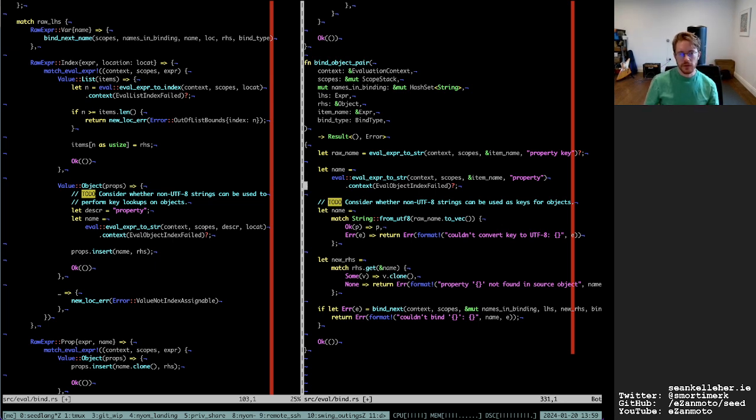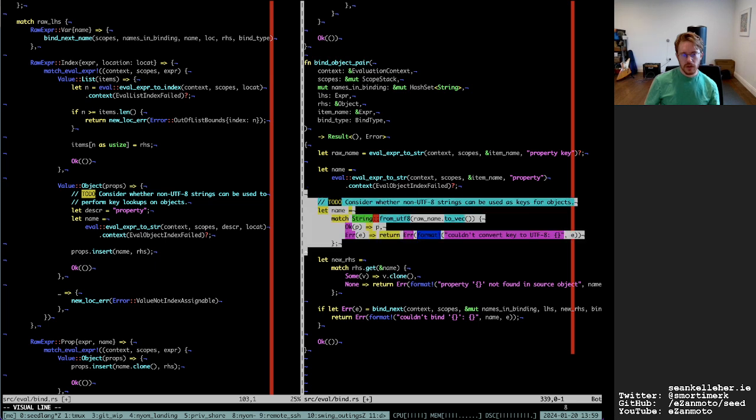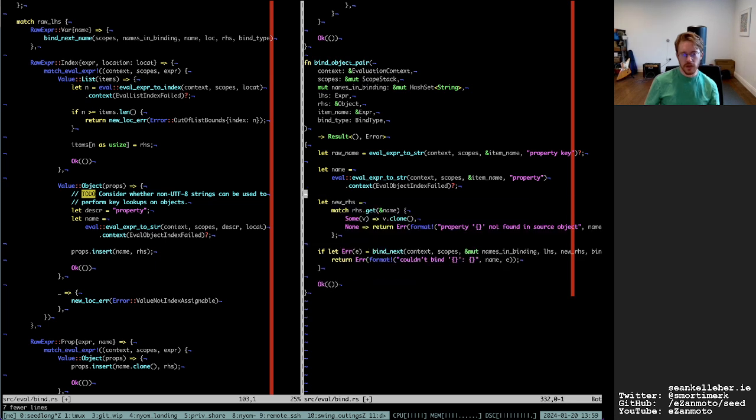And yeah, that will be an object index field, or it'll probably just be eval. Yeah, I'll leave it as eval object index. Remove that, I think, and I think that can be removed. I think eval expression to string automatically does UTF-8 now.